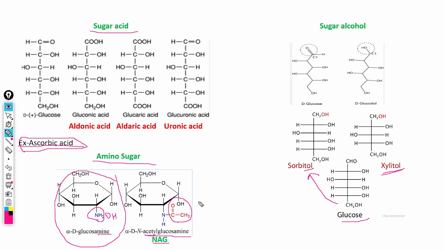You know the NAG, another is the NAM or the N-acetyl muramic acid. In the cell wall of the bacteria, it is joined together by NAG and NAM, or in the chitin also. That means N-acetyl glucosamine is joined to the N-acetyl muramic acid, which is another amino sugar. You will study this in the polysaccharides. So these are the amino sugars. So these are the different types of modified monosaccharides. And in the next slide, we will study the disaccharide and the